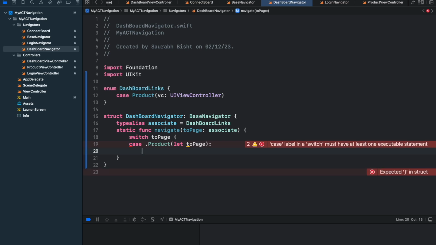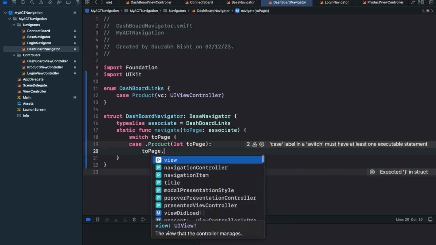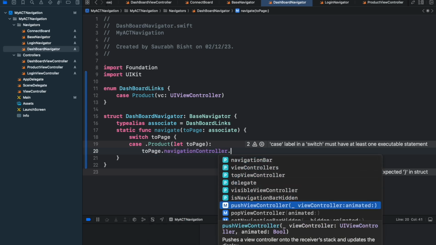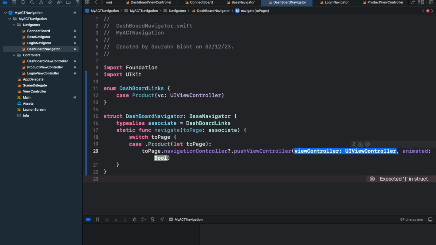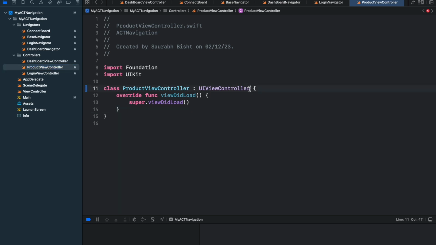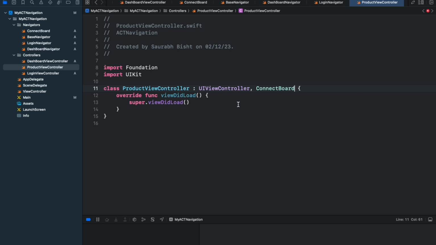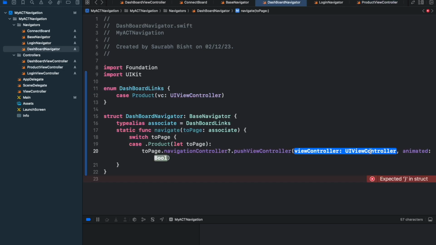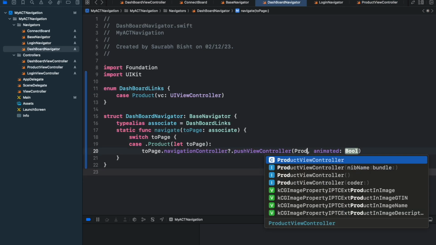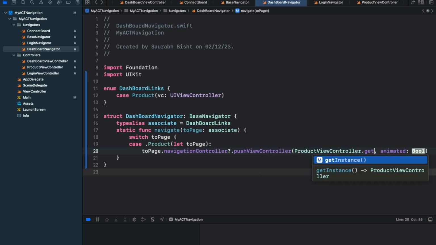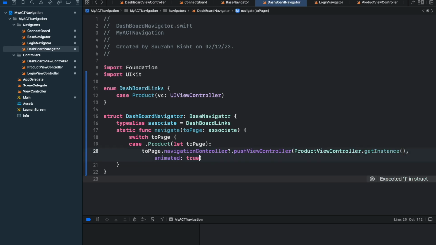So what I'm going to do here is, I would say, to page dot navigation controller dot push, and now I need to get the instance of the product view controller. So let me first use the storyboard here. Now it has the get instance function, so I can say product controller dot get instance animated as true,